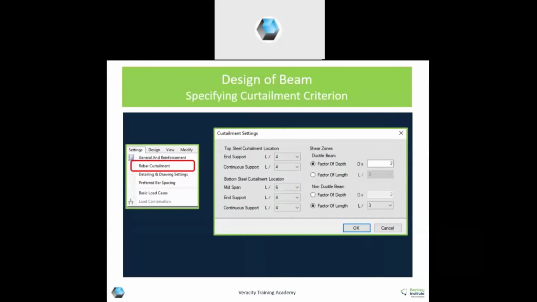You can specify the distances for curtailing top bars as well as bottom bars. In shear zones, ductile beam, we generally give the confining reinforcement up from 0 to 2 times the depth. You can change that factor to length factor also if you need.